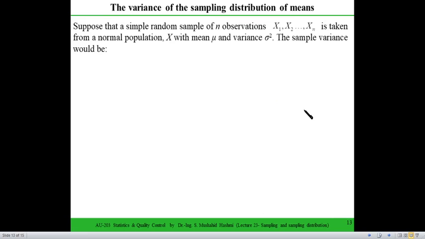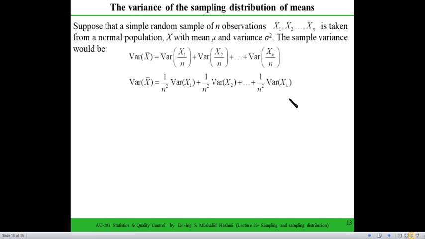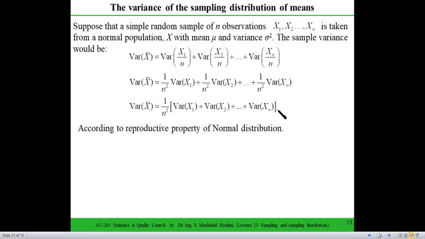Okay, now for the same case, we have a random sample of n observations, where the population is normally distributed with mean mu and variance sigma square. The variance of the sample mean would be the variance of x1 over n plus the variance of x2 over n and so on. We know the property that 1 upon n becomes 1 upon n square, and we take out the common 1 upon n square. So it would be the variance of the first sample, second sample, up to the nth sample. According to the reproductive property of the normal distribution, we can say that the variance of this sample mean would be